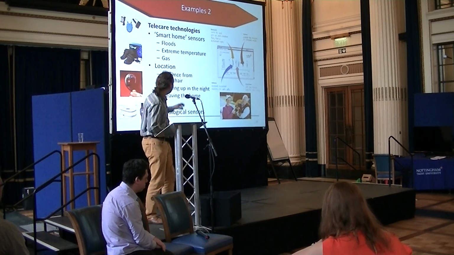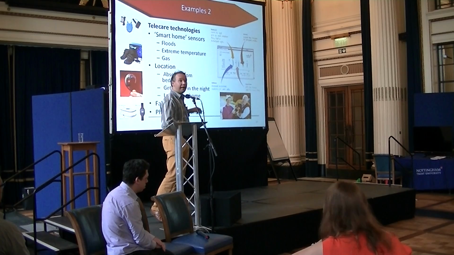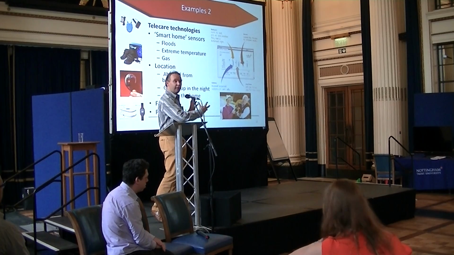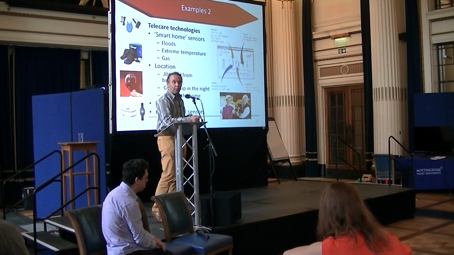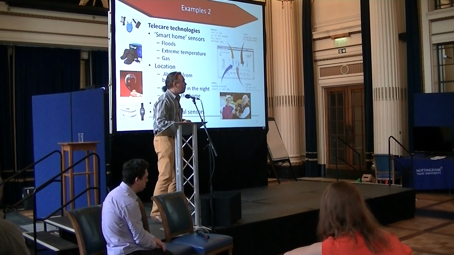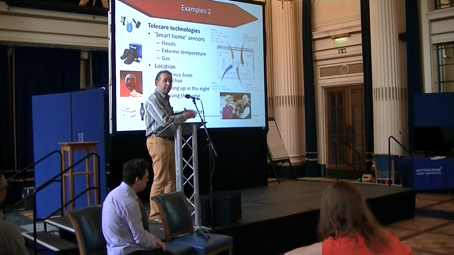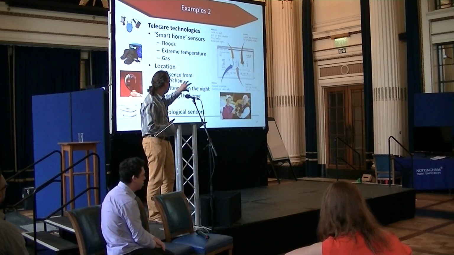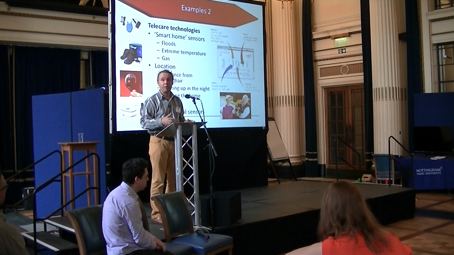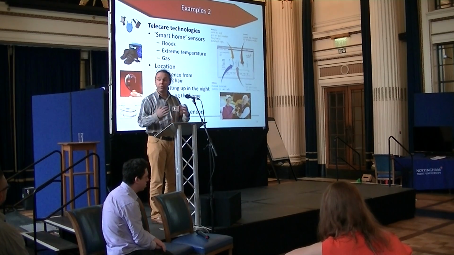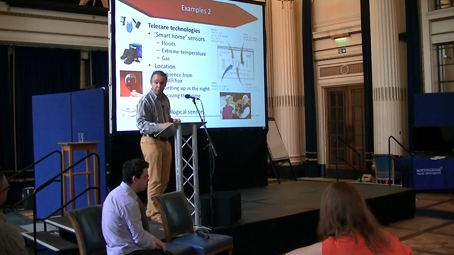And increasingly, these are being combined. So this is actually a product called Just Checking, which looks at where the doors are opened and whether somebody's got up or down in the whole house, and you can actually build up a pattern. You might actually use it to see whether somebody's having problems or not having problems, and it can be used in both ways.